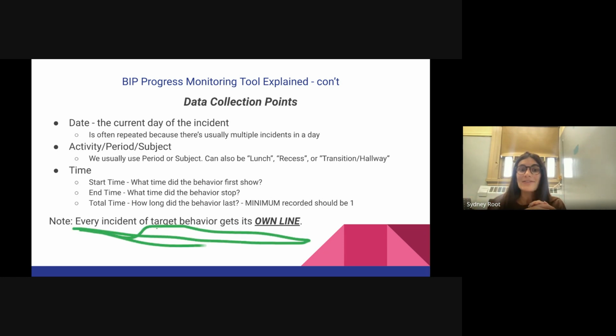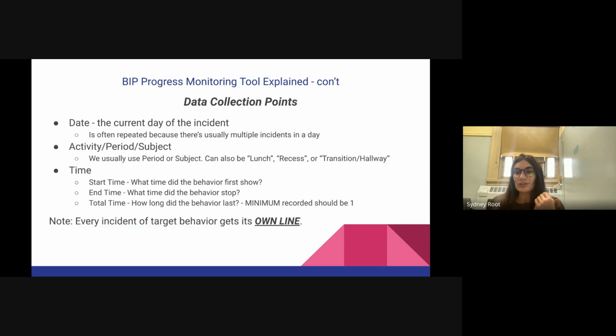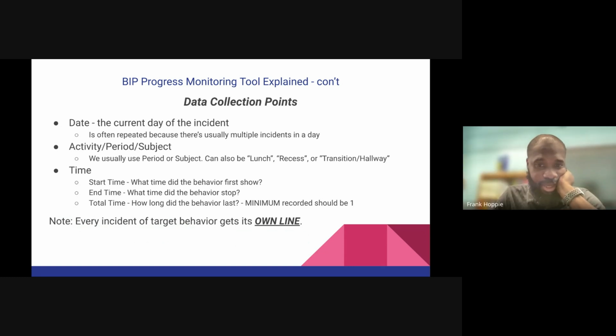And just note that every incident of the target behavior will get its own line. So if the student is flopping on the floor and also yelling, that will go on separate lines, okay? And we just want to reiterate that the minimum is 1 minute. So if a child displayed the behavior for 30 seconds, we're not writing 30 seconds. We're not writing a minute and 30 seconds. We're just writing a minute, and then we're moving on to the next one. If it goes beyond a minute, then you track it based on that, but we're keeping it on the minute mark. We're not going by seconds. Too much calculation.